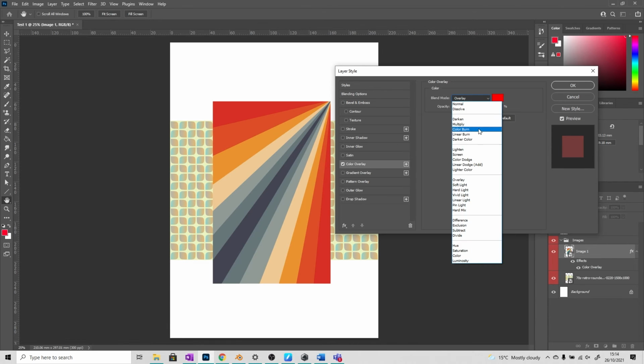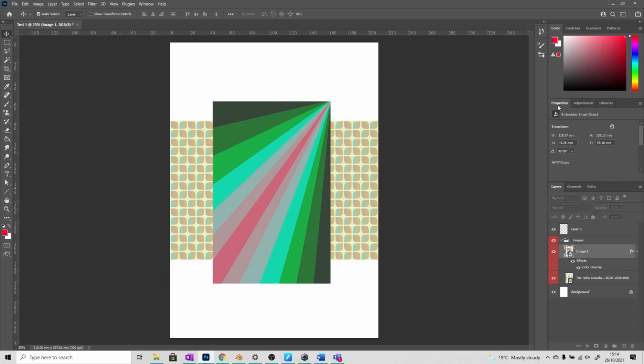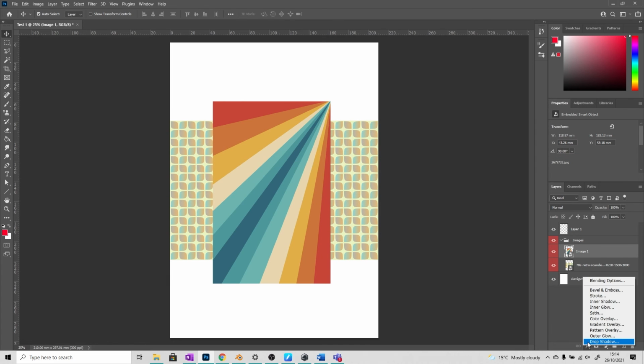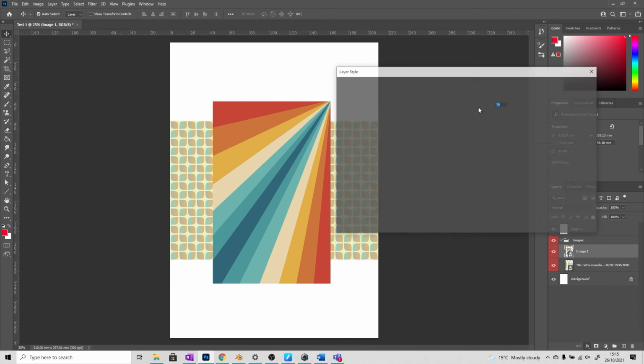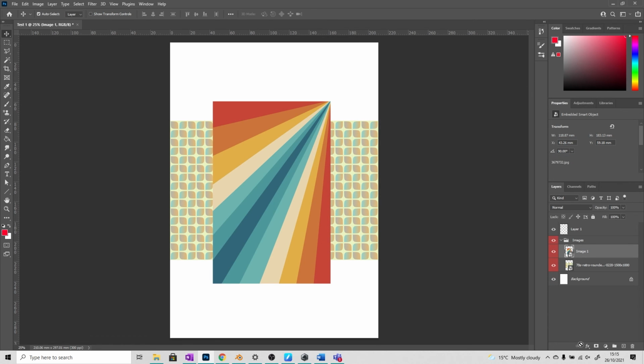I can maybe change it to overlay. I could change it to color. I could change it to, usually difference is quite funky. There we go. I can go to effects and apply a gradient overlay, which is practically the same thing, but I've now got gradients instead of colors, and I can apply them to my scene. Very good if you're creating concept art and you're wanting a monochromatic color scheme. Really useful. We've got funkier stuff like outer glow,